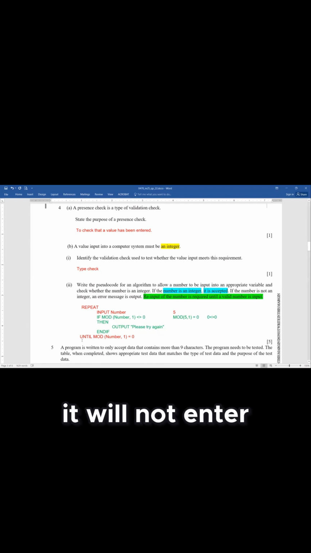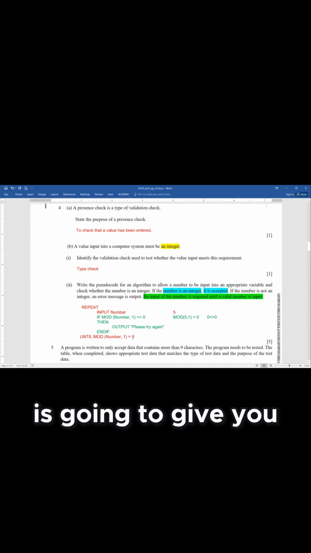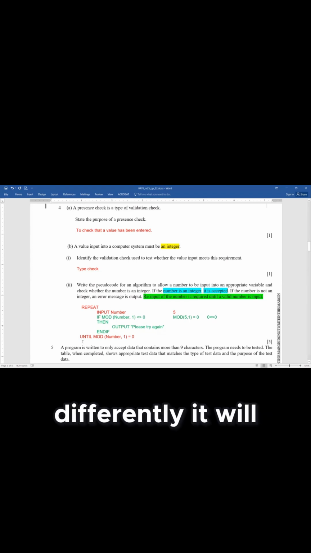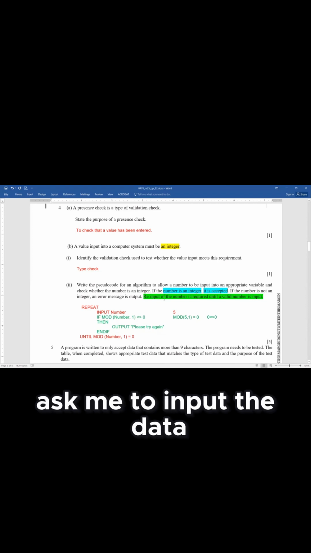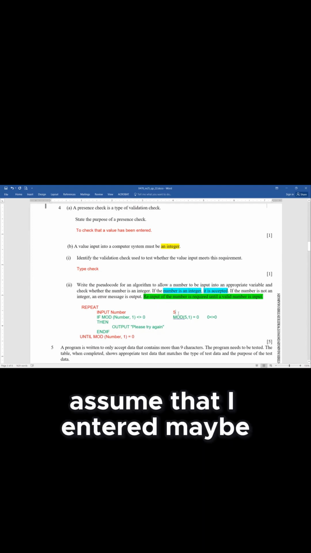And definitely it will not enter. It will check until mod number comma 1 equal to 0, till the time the mod applied on the number divided by 1 is going to give you the remainder as 0. So keep on inputting. Definitely it will not ask me to re-input the data because it is meeting the condition. But situation 2, assume that I entered maybe, for example,